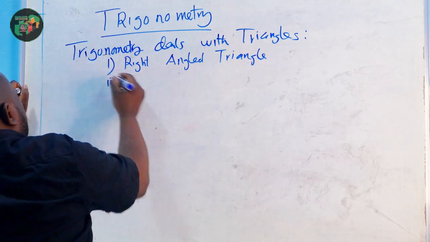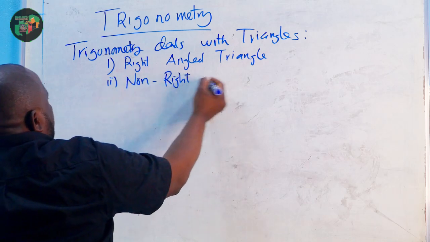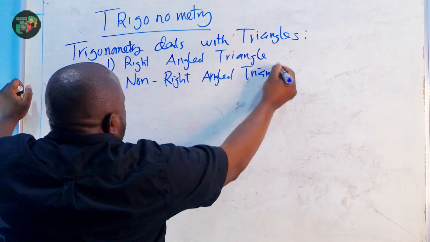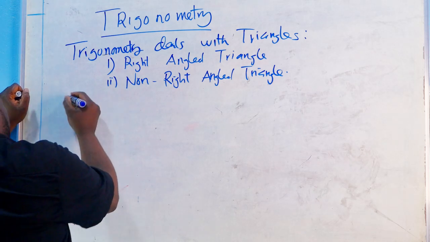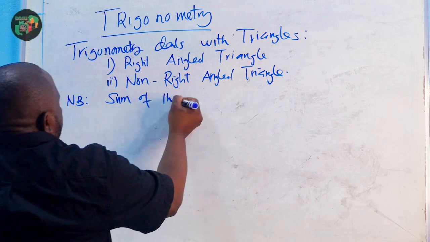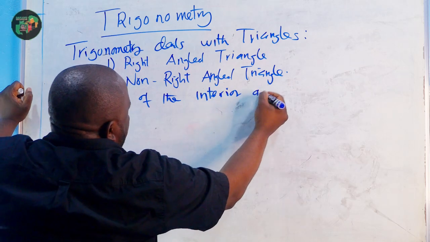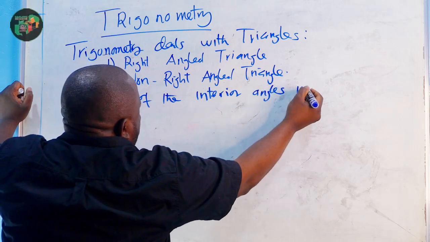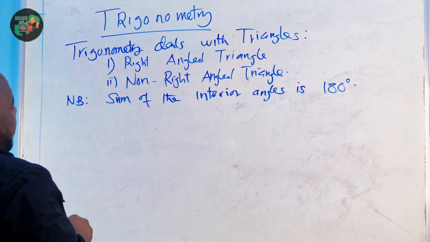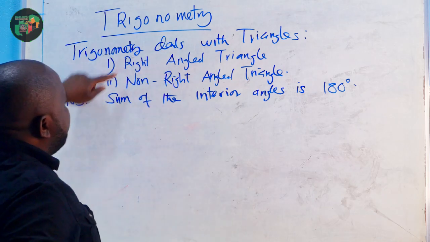And number two, non-right angled triangle. What's so special about this? We have to take note of this. Sum of the interior angles is 180 degrees. However, we are saying trigonometry deals with triangles, and we have only two types,